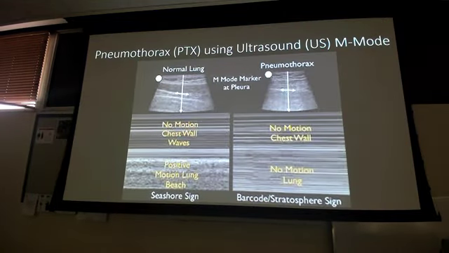Okay, so EFAST, pneumothorax, right? Ultrasound. Let's start off with the normal. The normal is going to be the seashore sign. Why is that normal? Because what the ultrasound has done is, first, as we saw before, you have found the